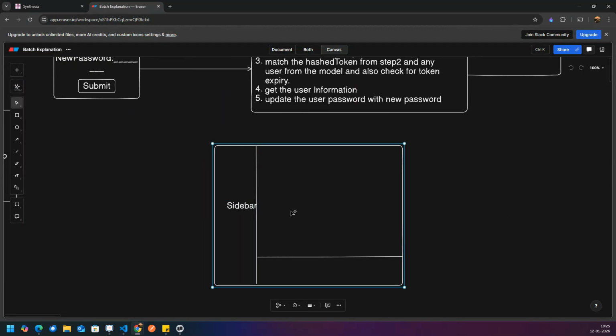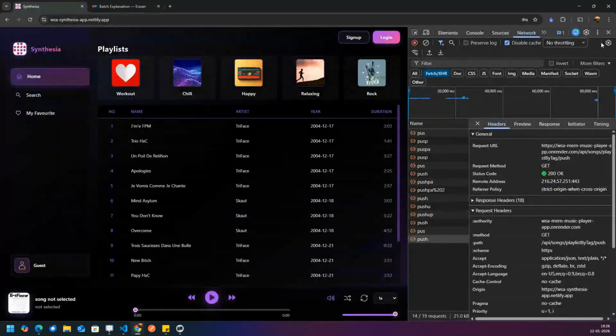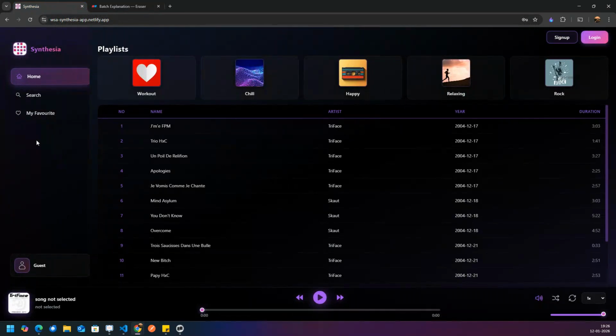Sidebar. This is our main area. And this is our footer. So this is how we have divided this particular application. If I close this, you can see left is the sidebar, this is our main area, and the footer is where the song is being played. So like this, we have divided it.